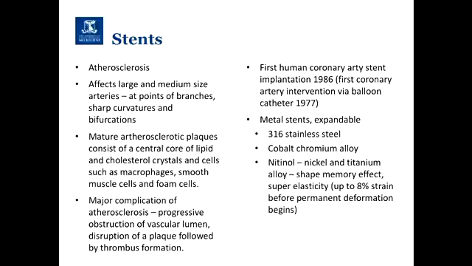So stents, what do we use stents for? Mainly if someone has atherosclerosis, so that's the build-up of plaque in the blood vessel, where you saw that white matter, and it narrows the blood vessel, so your blood doesn't flow as well. That will affect large and medium-sized arteries. It'll affect the smaller ones as well, but you'll most likely use a stent to fix it if it's in the larger or medium-sized vessels.